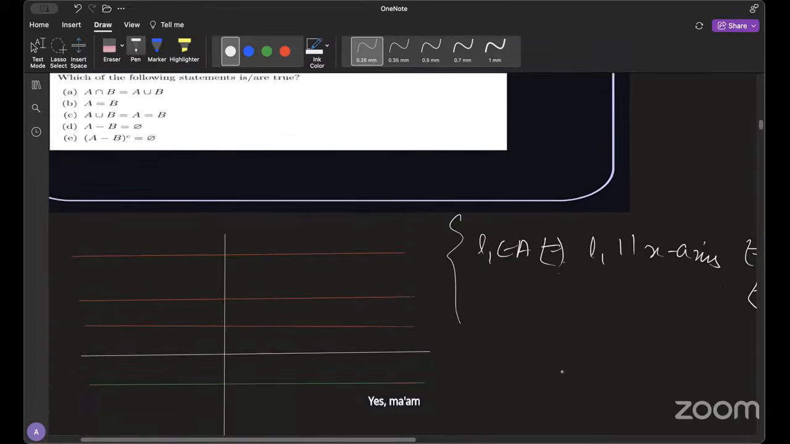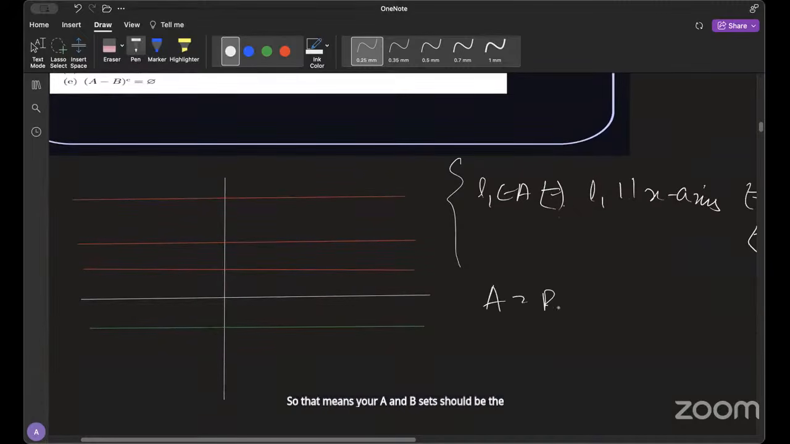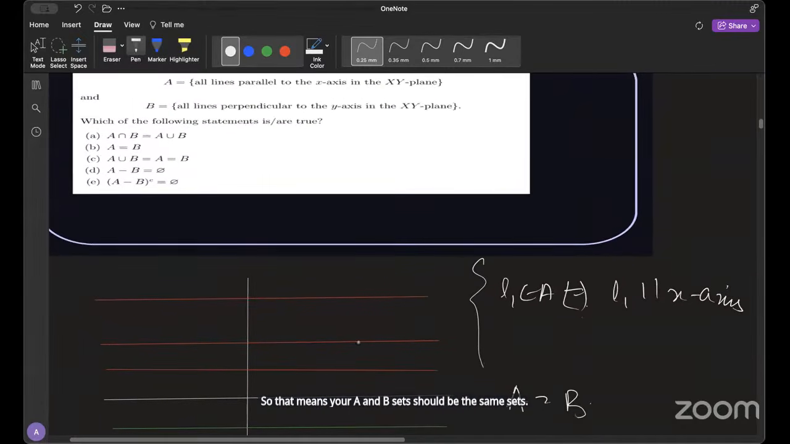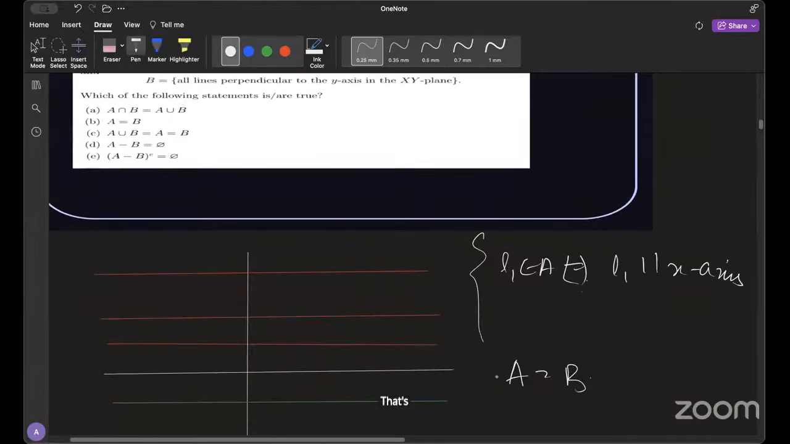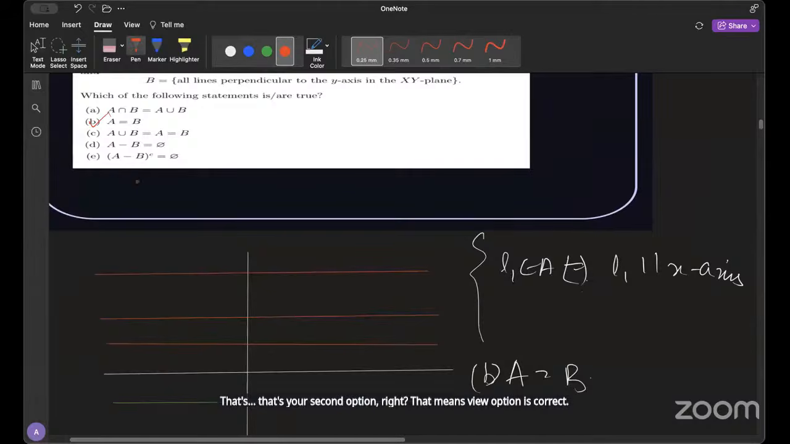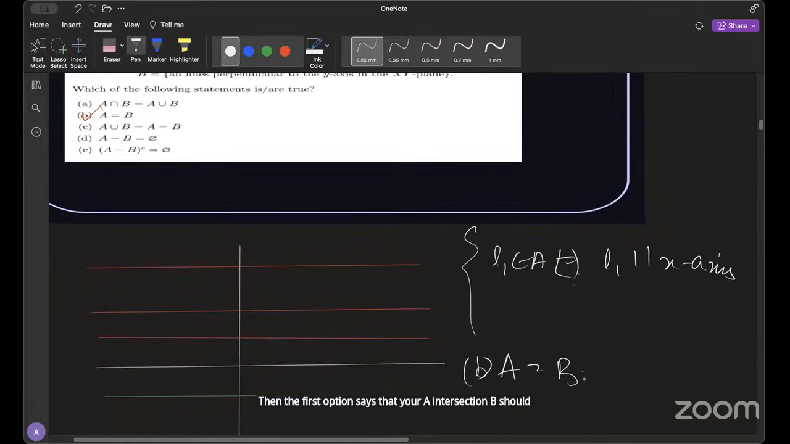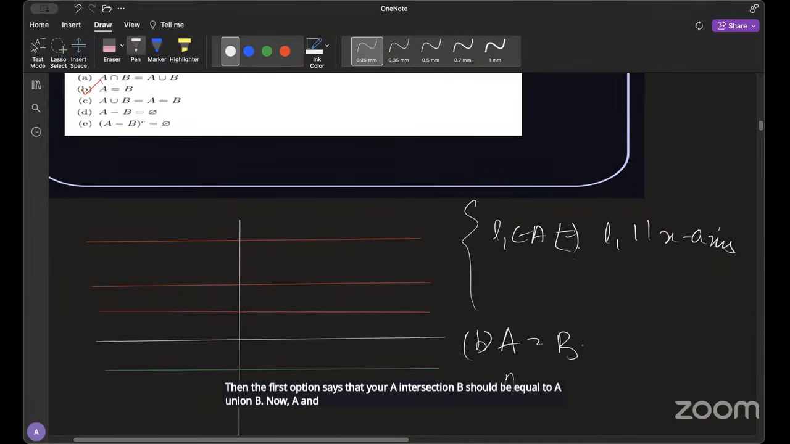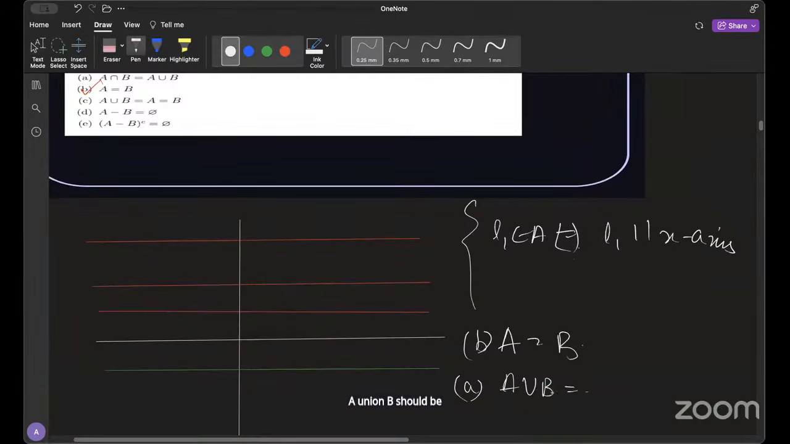Yes, ma'am. That means your A and B sets should be the same sets. That's your second option, right? That means option B is correct. Then the first option says that your A intersection B should be equal to A union B. Now A and B are the same. That means A union B should be equal to, because A and B are the same sets,